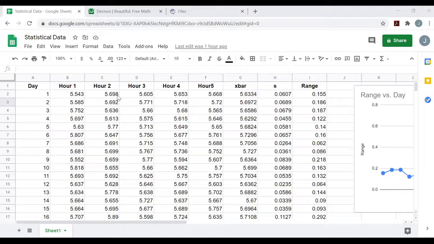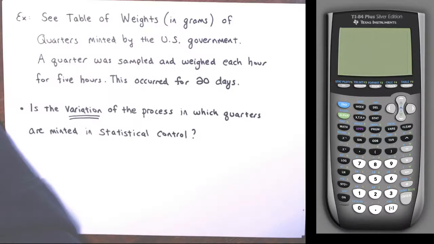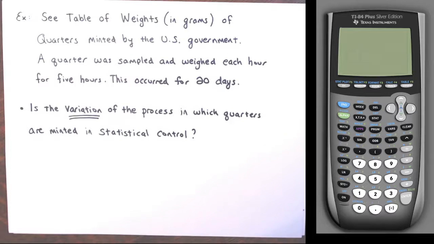So there's one sample, right, for day 1. You can think of this as sample 1. So you're seeing here the sample sizes are 5, right? That's the value of that n. I'm going to go back and write that. Okay, so the value of n